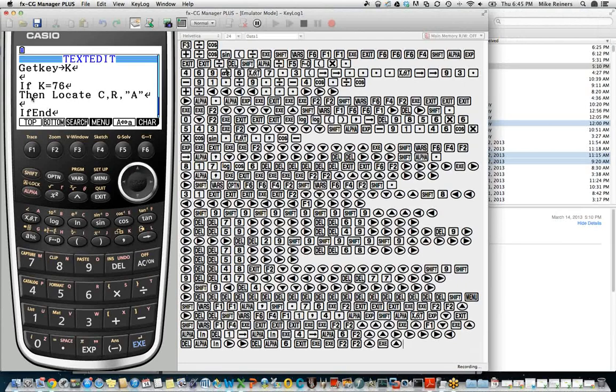Remember that in an if statement, you can put any number of commands you want after then, and they'll all be inside this if statement bracket, so to speak, that goes between if and if end. So you can say if this condition, cause these things to happen. So we located A at this column and row, and then what we're going to do is increment the column. We're going to say, you just used column 1, so the next time you need to use column 2. So we're going to take our current column, add 1 to it,